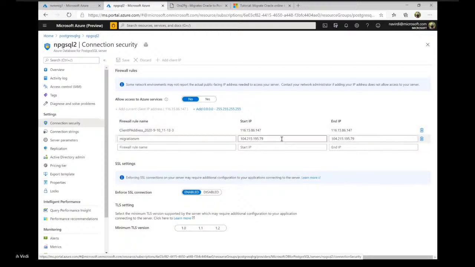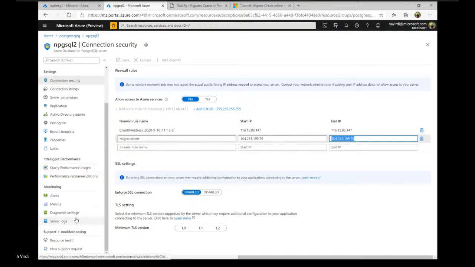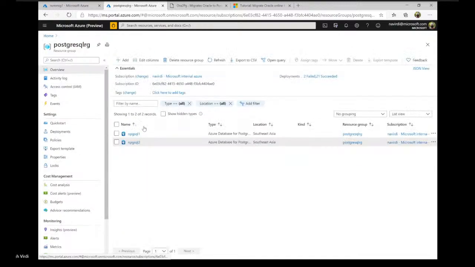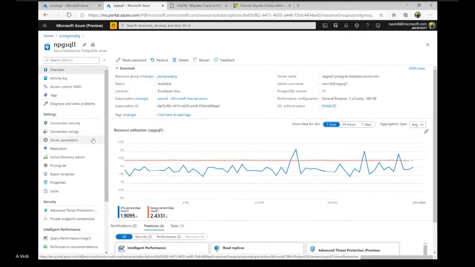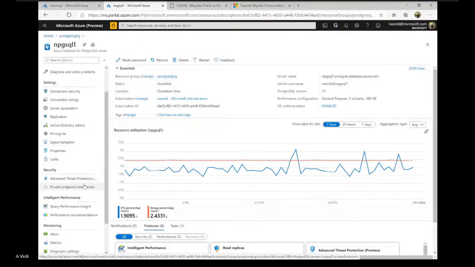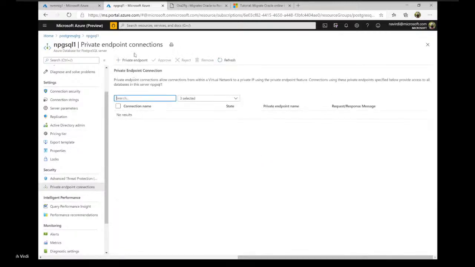So first thing, when you deploy a PostgreSQL database on Azure, you need to make sure that your VM can connect to this, right? So either you make sure you whitelist the IP in the firewall, or create what is called a private link, right? Because I was using a basic version, it does not give you a private endpoint, but if you use general purpose or memory optimized, here I can create a private endpoint.